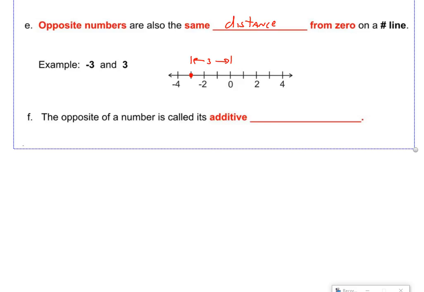Well, if we put a dot on +3, we can do the same thing, right? So again, up above, I'm trying to show that 3 is also 3 spaces away from 0. And so another relationship of opposite numbers is that they're the same distance from 0 on the number line. So -3 is 3 away, +3 is 3 away. They're both 3 away from 0